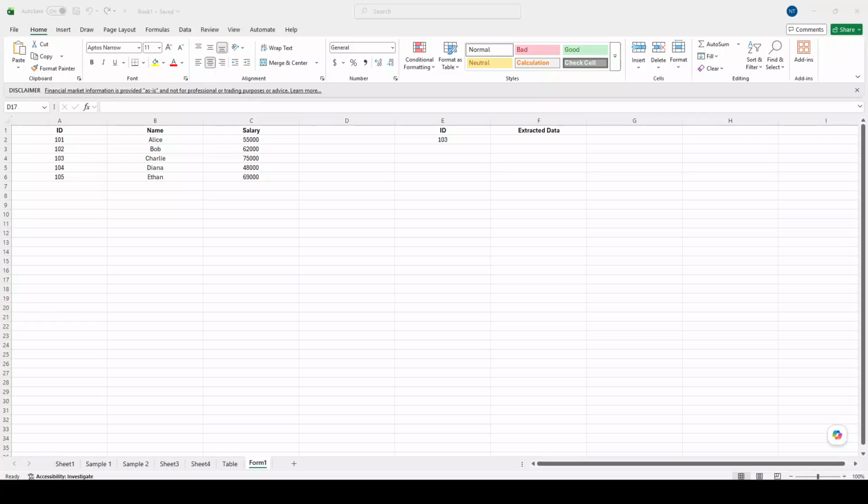In today's video, I am going to teach you how to use the DGET function in Microsoft Excel. This function is useful when you want Excel to pull one specific value from a table or range based on matching criteria. The idea is simple. You provide the data range, you tell Excel which field to return, and you give it the criteria that must